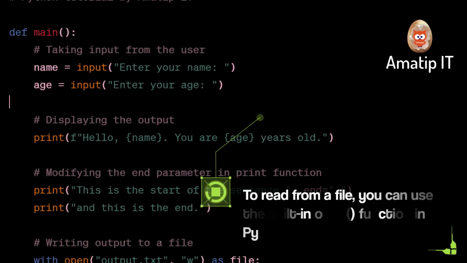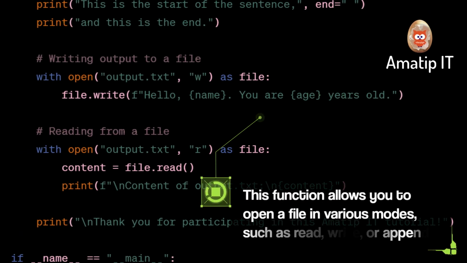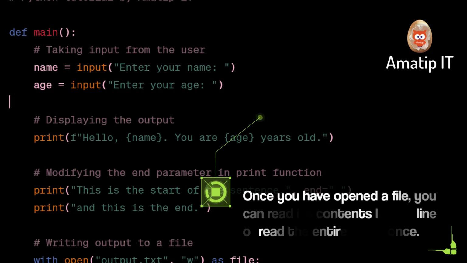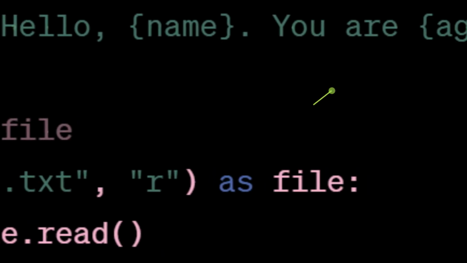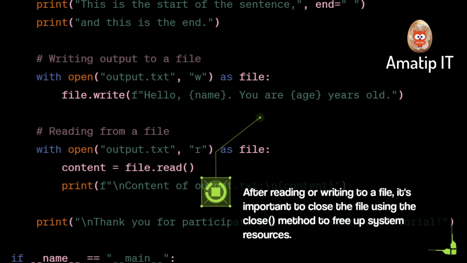To read from a file, you can use the built-in open function in Python. This function allows you to open a file in various modes, such as read, write, or append. Once you have opened a file, you can read its contents line by line or read the entire file at once. After reading or writing to a file, it's important to close the file using the close method to free